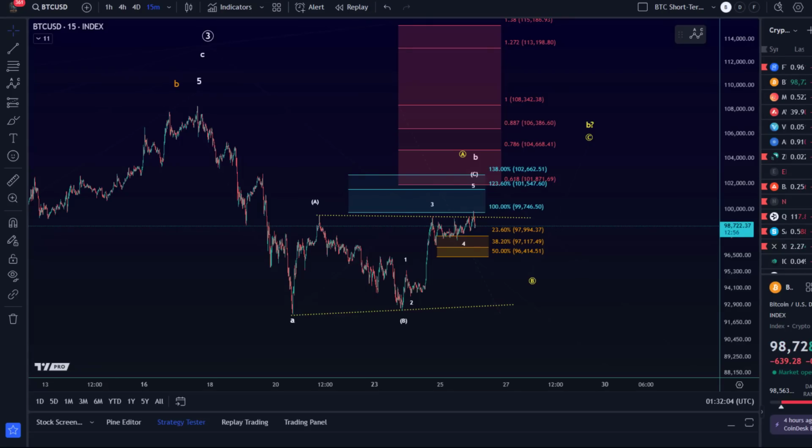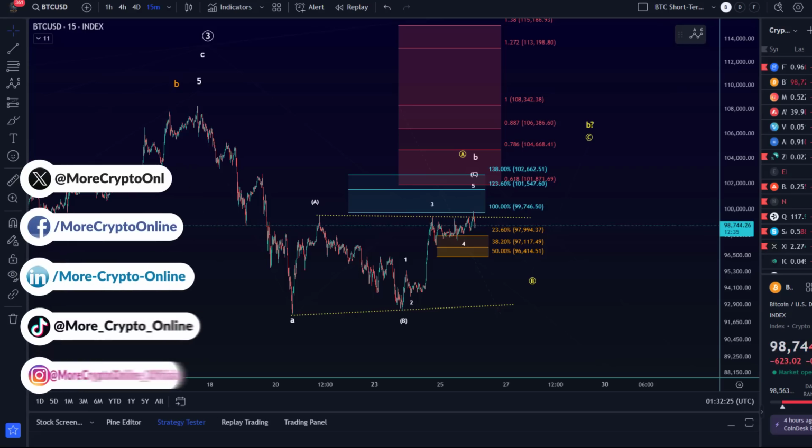In this video, we want to take a look at the short-term bullish and short-term bearish scenarios for Bitcoin on the smaller time frame chart, because bigger picture, nothing changed even on a smaller time frame. We don't really have too many changes. Actually, there's no change at all, but the price pushed a little bit higher today and actually pushed to the target and reached the target level at